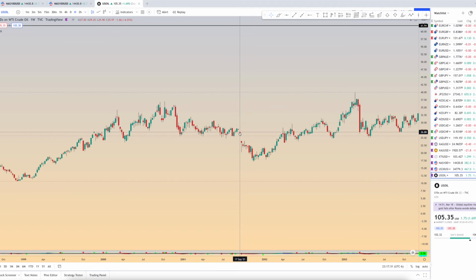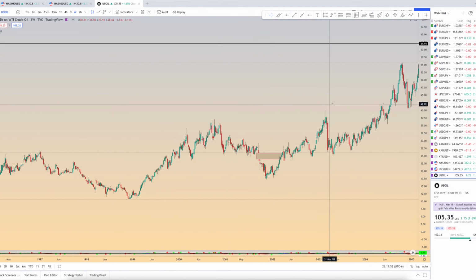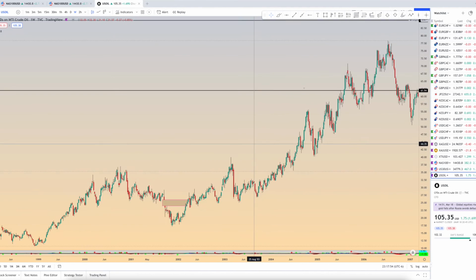That doesn't typically happen, but there was a gap, sorry, I'm on the weekly, my mistake. But there was a gap right here, okay? A gap that needs to be filled, and it will be filled, as it was about half a year later. But then it just kept climbing, right? Slowly, week over week, we were seeing higher highs